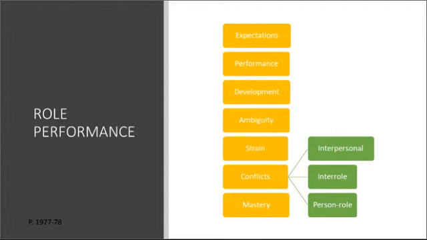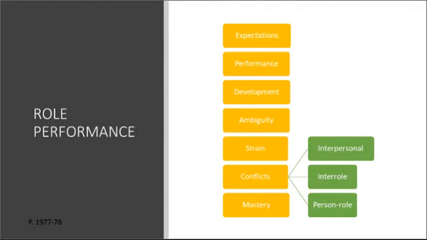Conflicts, expectations clash or are incongruent, so they can be interpersonal. What occurs when individuals hold varying or conflicting expectations about tasks and behaviors with a specific role. It can be a husband and wife conflicting over expectations. It can be in multiple things when you're working, what your manager expects of you and what you thought was expected of you.